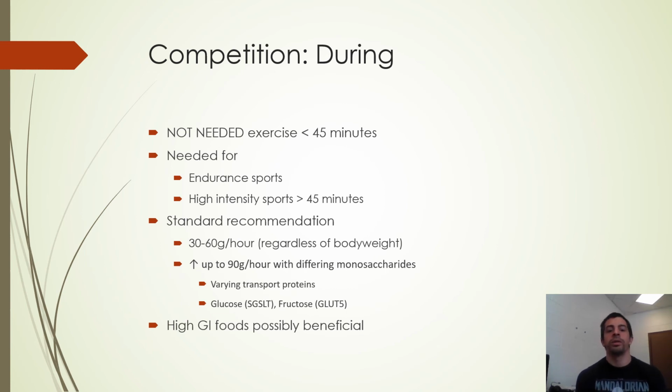So during exercise, I bolded: not needed for exercise that is less than 45 minutes. This comes straight from a recommendation from an athlete, and I actually think she watches these slides. I have people that aren't in this class who sometimes watch these videos. But I worked with an endurance athlete, a runner, and she was just obsessed with her gels and drinking things. I tried to reiterate to her that if you're going for a 35-minute or 40-minute run, you do not need to gel up.